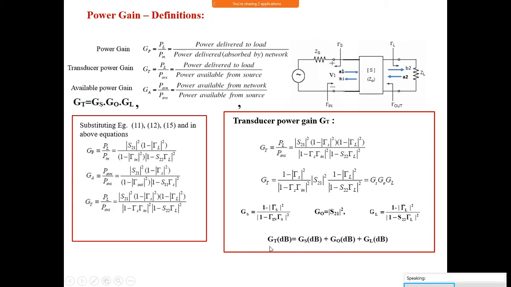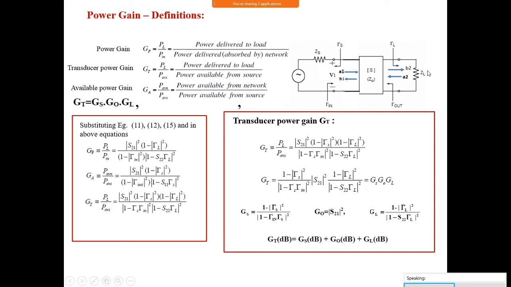That doesn't give our requirement here. So how to get this GS equal to 4 dB? You cannot take this ZS equal to 50 ohm. This is not possible to change. It is fixed. For example, ZS is fixed to 50 ohm. This is also equal to 50 ohm. We cannot change this because it may be the output impedance of some previous device or network.